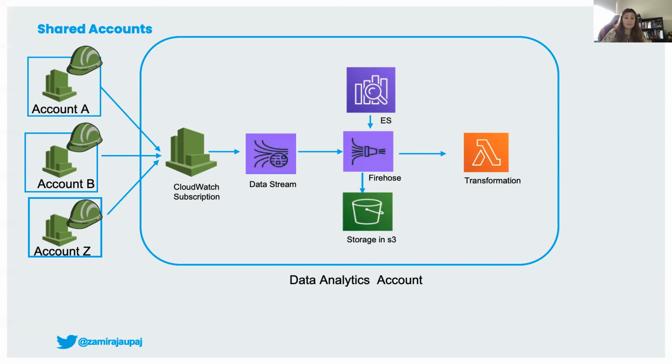Also, we have a Lambda function in the middle that does validation and transformation of the logs. You can put some rules in Kinesis Firehose for when to put the logs in the destination, by time and by size. For example, you can say every minute or every 1 gigabyte, and it puts the logs in the destination. What is important is that you do validation, as I said, with the Lambda function before sending the logs to the destination.